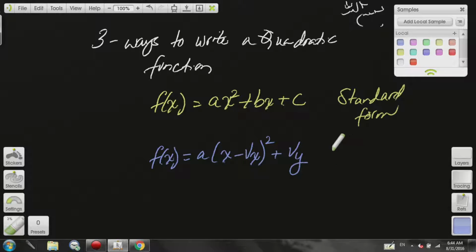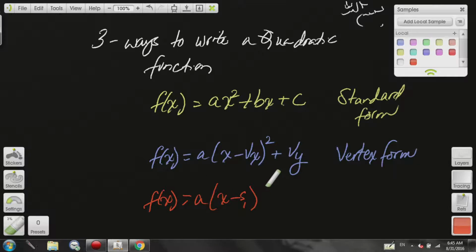And this is the easiest form, and this is called the vertex form. Okay? And the third way is this. And this one is called the X-intercept form because it has the x-intercepts. And if you want to find the vertex of a function that's given to you in the standard form,